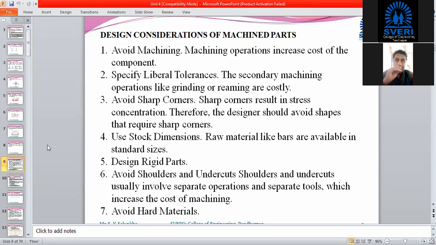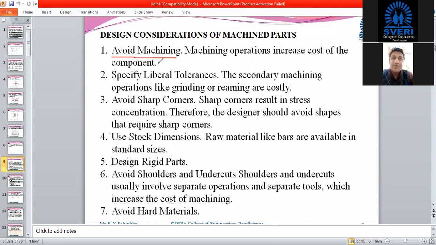Now we are going to see the third manufacturing process by means of which components are manufactured, that is machining. As far as possible, designers should avoid the machining process, because when you machine any component, the possibility is that the stress concentration will increase.